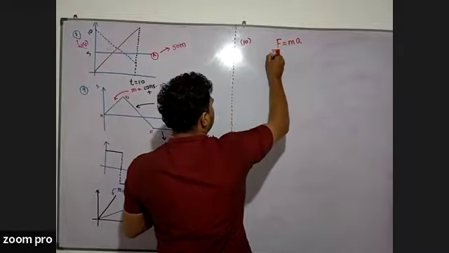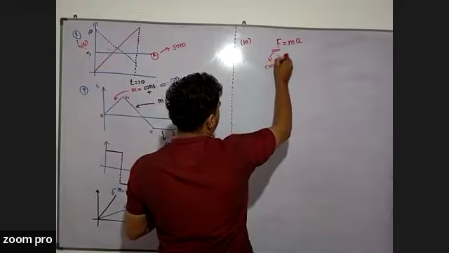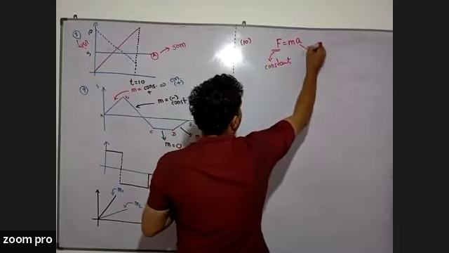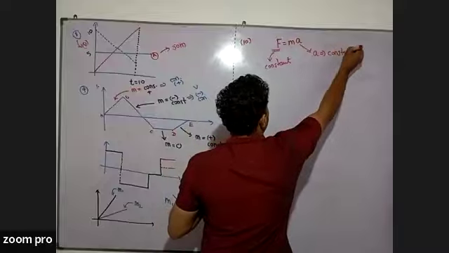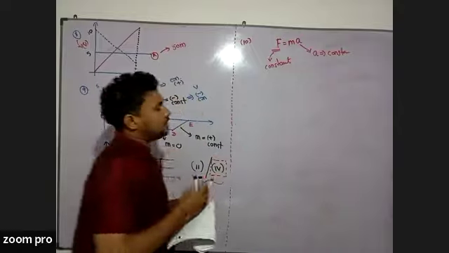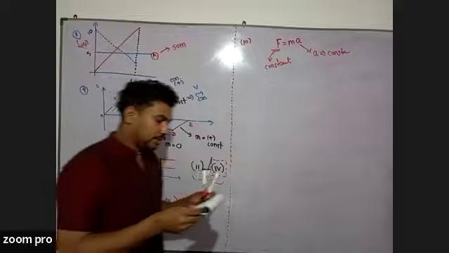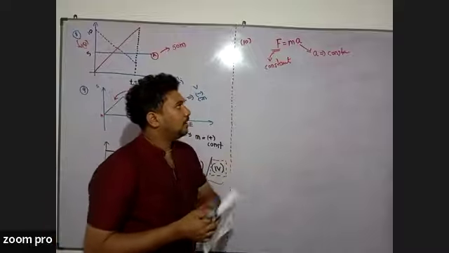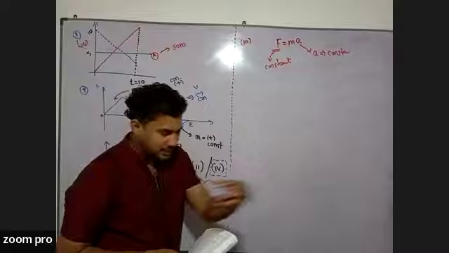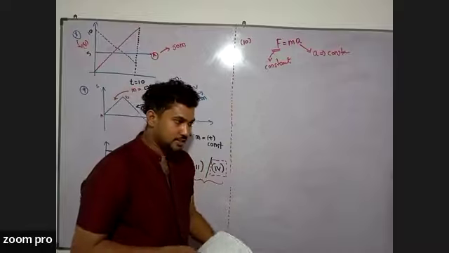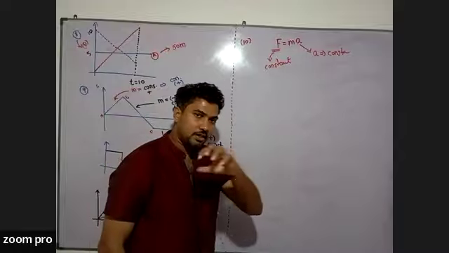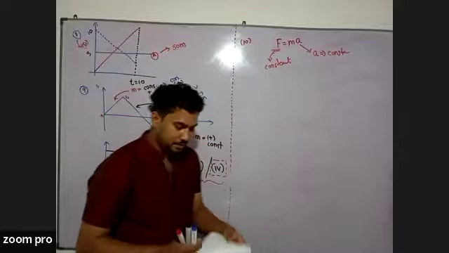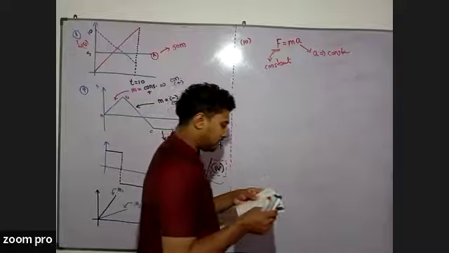So if the force is constant, the acceleration also should be constant, right? Then this object experiences a constant deceleration. Constant deceleration means the velocity is reduced in a gradual way, right? So the answer should be